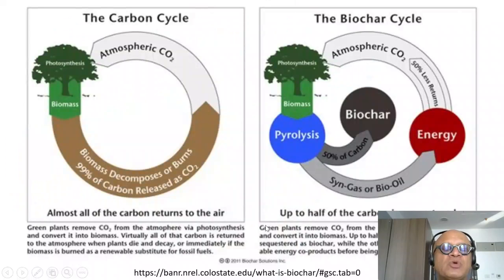Right? So biochar is basically when you have a cycle with photosynthesis and decomposition and returning as CO2. What you can do is take the biomass produced by photosynthesis and use what is called pyrolysis, a high temperature process where 50% of the carbon is converted to solid carbon. It's not like coal. It's much more pure carbon, and the other 50% can go into the synthesis gas, the intermediate product that we talked about, or